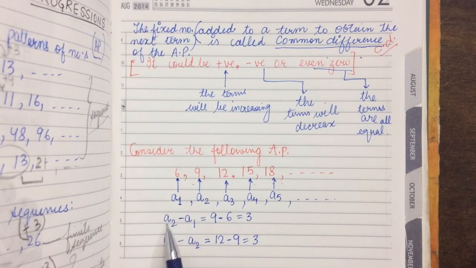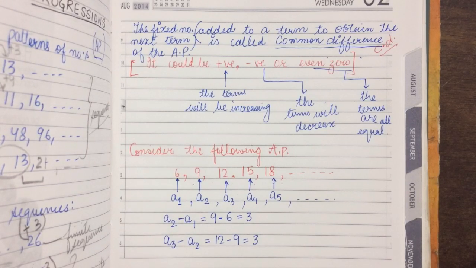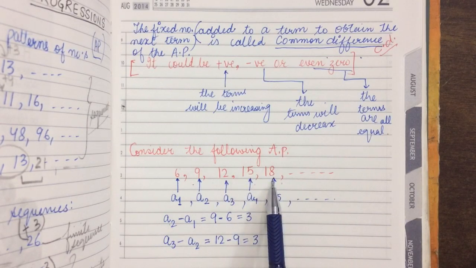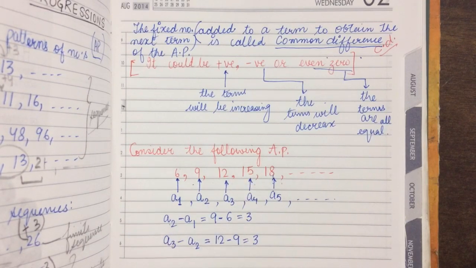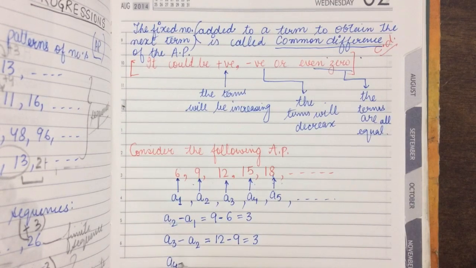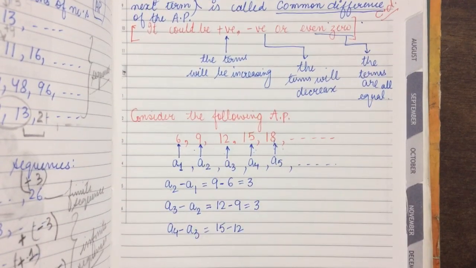So this is how you have to write it down, keeping in mind the definition that the next term was obtained by adding something to the previous one. So if you want to find out the difference, it will be the next term minus the previous one. If you are looking at any of these terms and you want its difference with the previous one, you would take that term and subtract the previous one. That's the rule we are following here. So the difference between the third and the fourth term is given by A4 minus A3, which is 15 minus 12. This is also equal to 3.